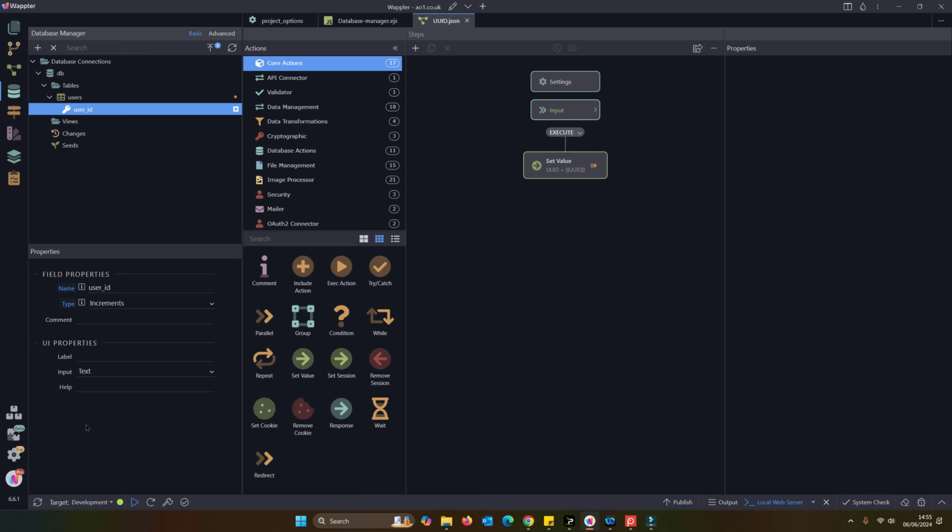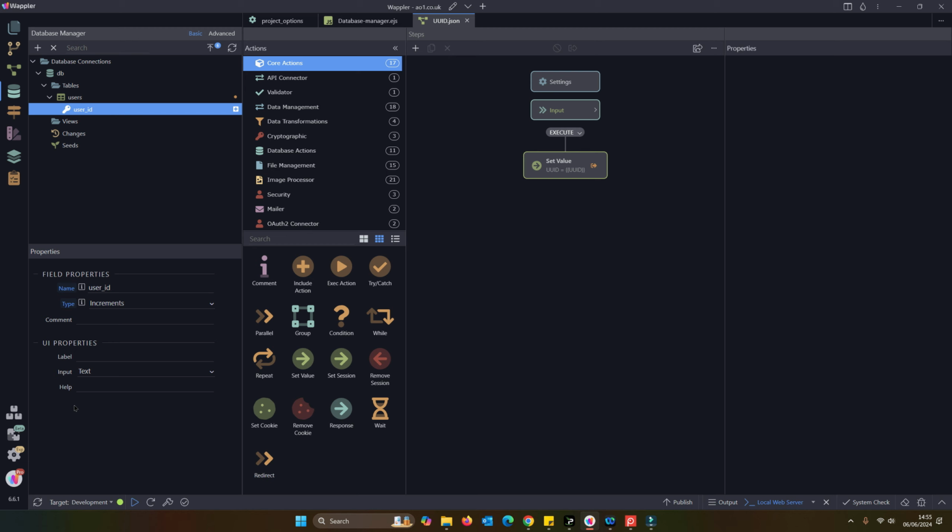And we have some properties down here now, UI properties. If you've watched the 2020 gathering video, then you will have seen George talking about in the future being able to generate forms and tables directly from the database, and also possibly those CRUD server actions automatically.